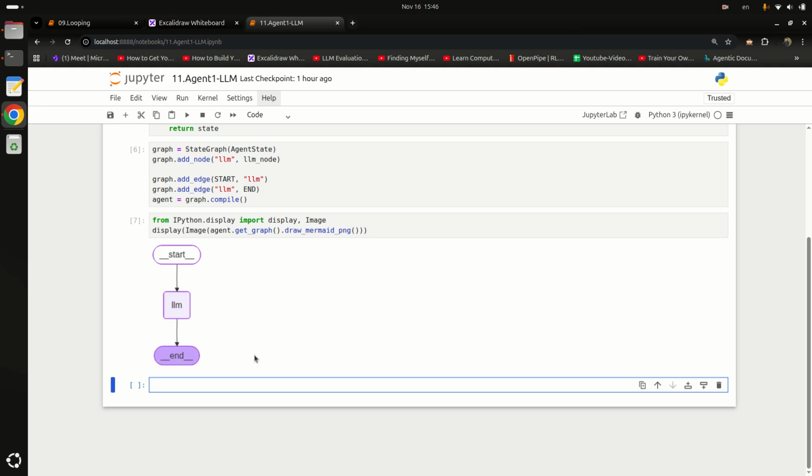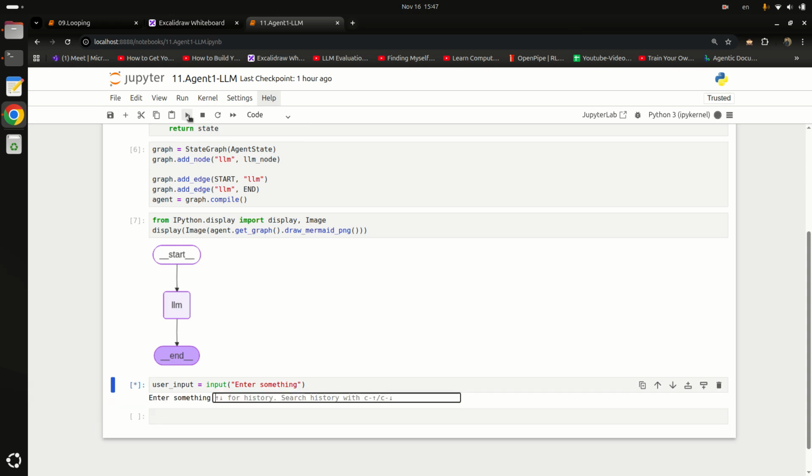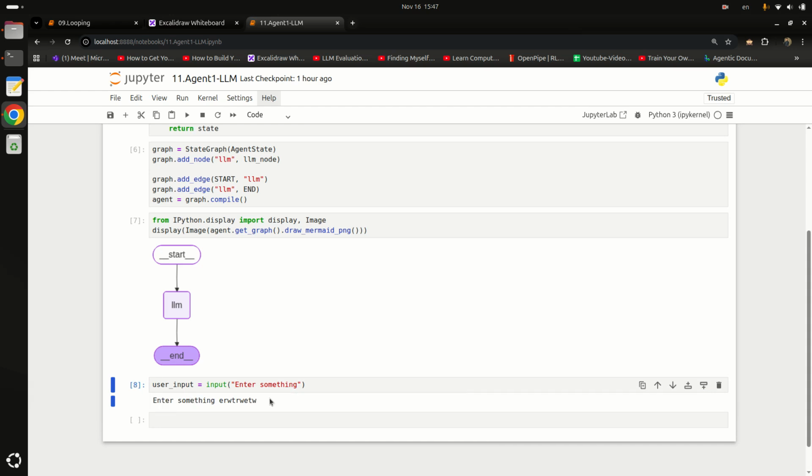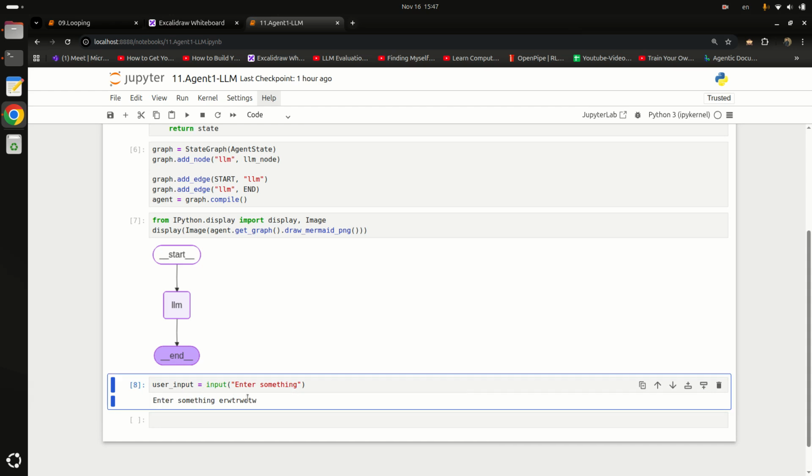So here I will say input, and here I will say enter something, and let's store it in a variable like user input. Whenever we run this line of code, it will show the screen and wait for us to input something. Let me just run it. Like if I type something randomly and hit enter, you see.